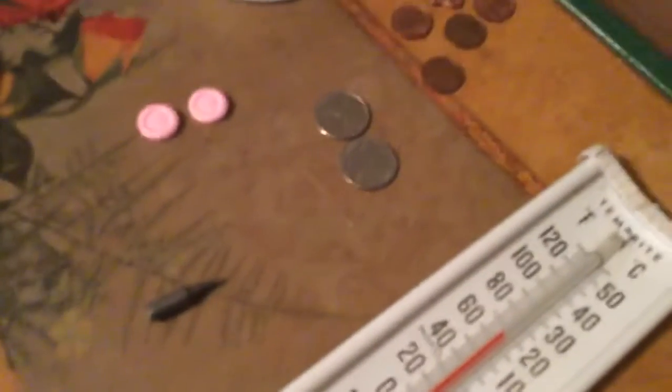Over here we have nickel coins, and nickel coins right there. And then over here, these two are zinc coins. Those two look pretty much exactly the same, but this is one of my elements, and I'll just use it as a demonstration. Nickel is a magnetic element, so those two are magnetic. But zinc is a non-magnetic element,